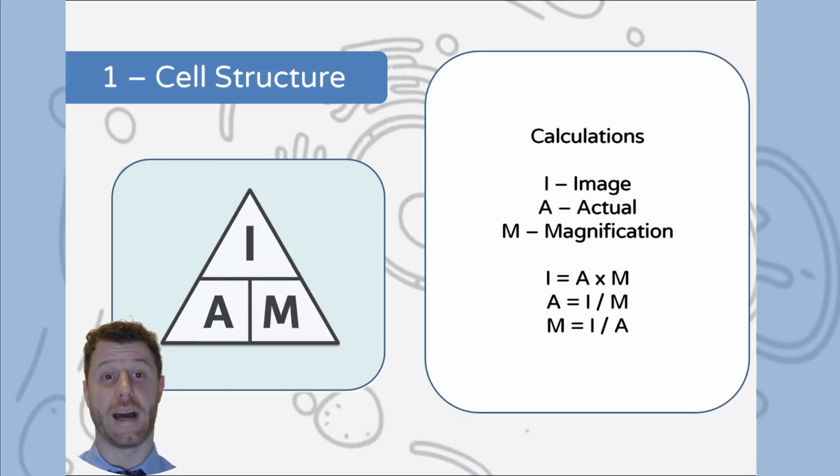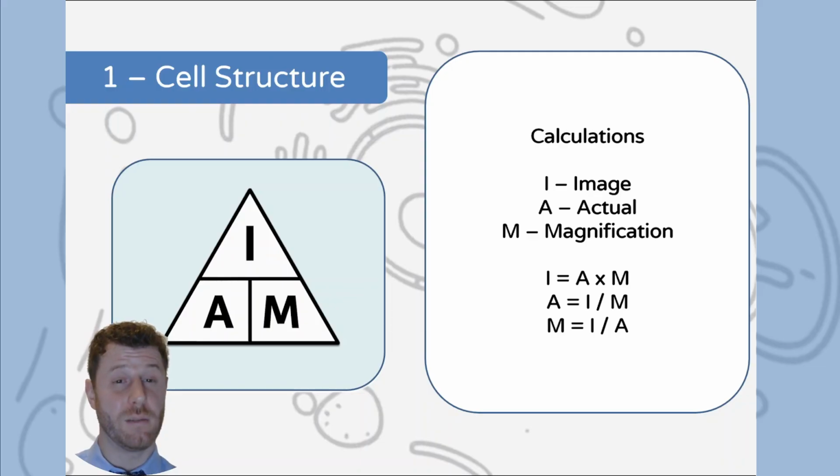Let's have a look at how we calculate our magnification that we've just learned how to do on a microscope. Usually this is theoretical, so you need an equation triangle for this. It's called the I-AM triangle, which is the easiest way to remember it, by the way. I stands for image. Now, when we say image, it's what you're looking at through the eyepiece, or what you